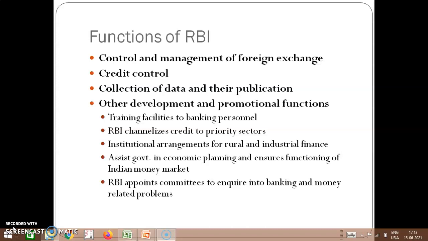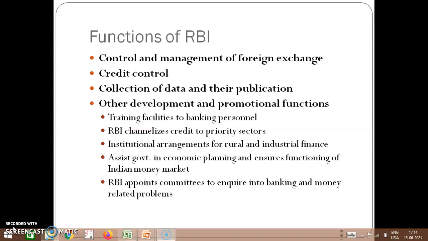Then the next function of RBI is credit control. That is, the RBI controls the availability of credit in the Indian economy. Suppose in cases where the RBI feels that in order to boost economic development more finance needs to be pumped into the economy, then they want more credit to be made available to the public. So what they can do is, we already saw in the